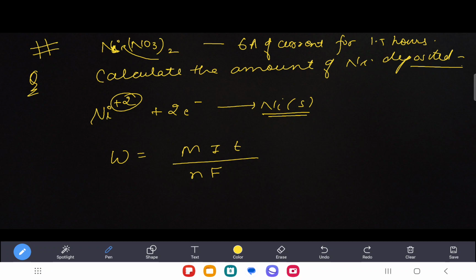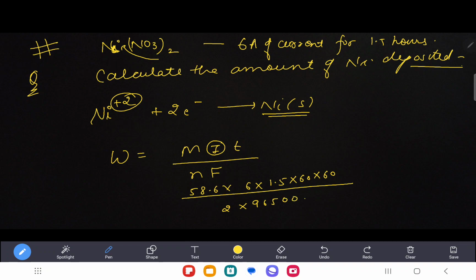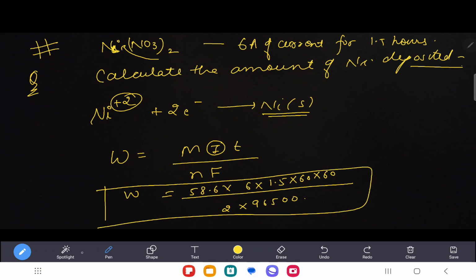58.6 होता है, वही मैं कहती हूँ 58.6। I कितना होता है, I निकालना है, अपने को 6 एम्पियर दे रखा है, टाइम है 1.5 आवर्स इंटू 60 इंटू 60, और नंबर N क्या है, नंबर ऑफ इलेक्ट्रॉन्स 2, और फैराडे कितने हैं 96500। तो वेट आ जाए, सारी वैल्यूज डाल दी, ठीक है,